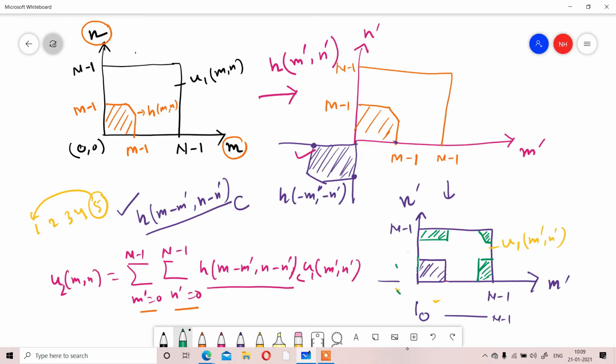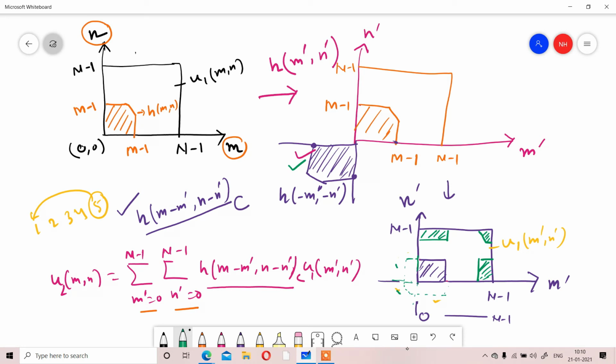So I am just trying to make you understand, যদি এরকম স্ট্রাকচারটা আসে h of minus m dash minus n dash, and if we shift m n and if we get a structure like that, then you have to do the folding operation like that. Okay, after shifting যদি তুই টোটালটাই within the range পাস তাহলে তোর ফোল্ডিং এর কোনো প্রয়োজনই পড়ছে না। যদি 0 0 এর ক্ষেত্রে তুই যদি করিস তাহলে it will remain the same, so you have to do the total folding.